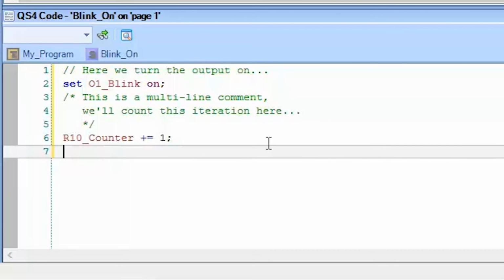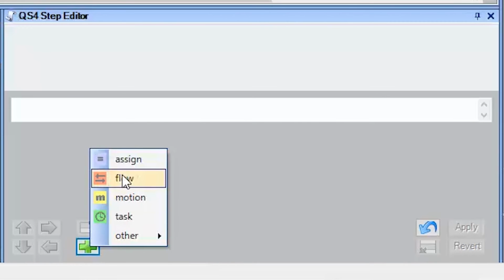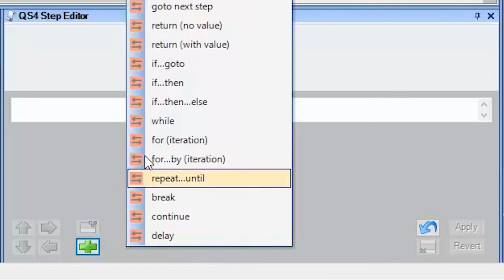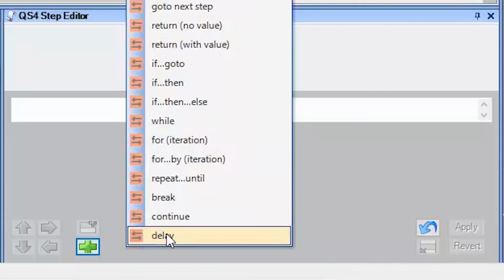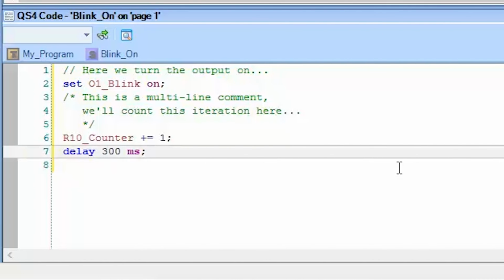Now we just need one more instruction to finish out this step. We're going to put in a delay instruction, so we'll delay, let's say 300 milliseconds before we go on to the following step. So I'll insert a new instruction, and this will be a flow instruction of type delay. And the time in milliseconds again is 300 milliseconds, and I'll insert that. And that's it. We're done with this step,